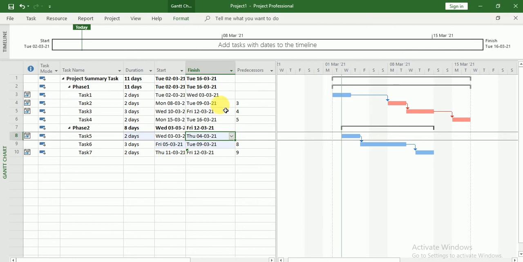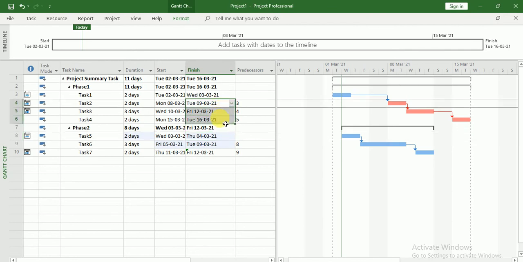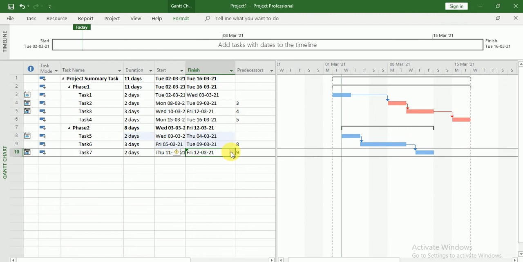But these tasks are critical tasks because they don't have any kind of buffer time. If I delay these tasks, my complete project will be delayed. The task is called a critical task. Now suppose this date is 17th of March, then my project finish date will change.